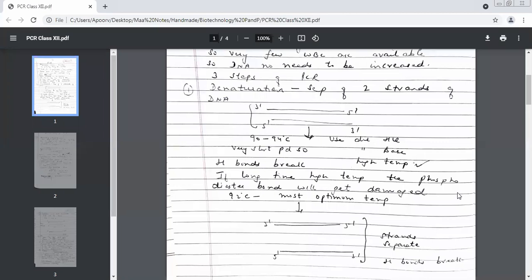What is the full form of PCR? Polymerase chain reaction. Yes. Polymerase chain reaction is basically used to make multiple copies of DNA. Very good. We need to make multiple copies of DNA for certain reasons. Number one, DNA is only found in which part of the blood? WBCs. Yes, it is only in WBCs.